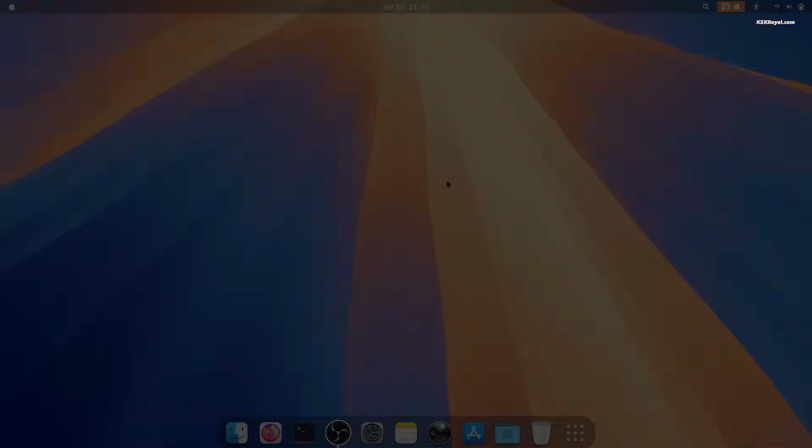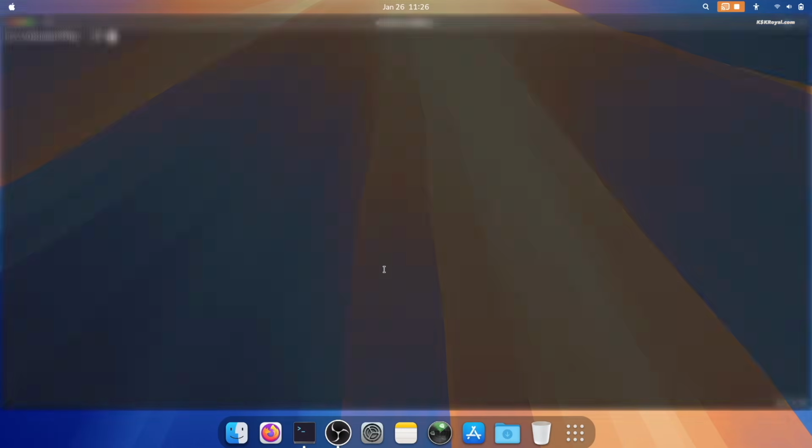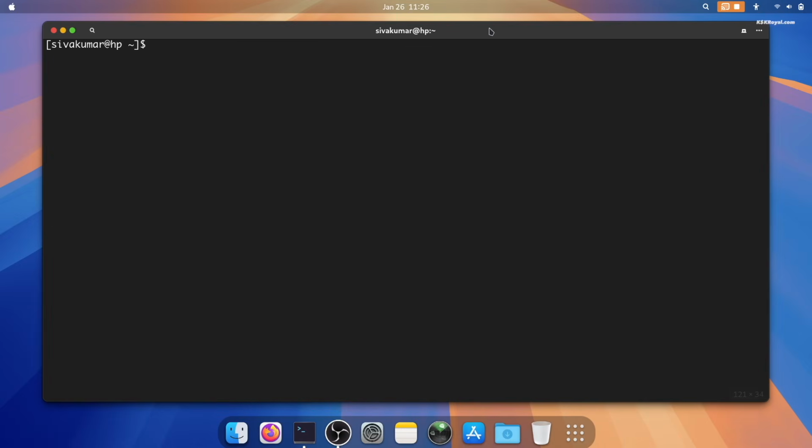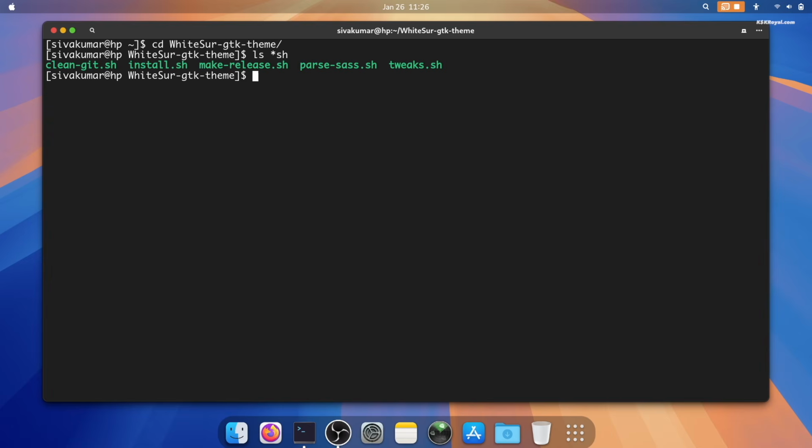If you ever decide to remove the macOS theme, follow these steps. Open Terminal and run the installer script with the appropriate options to delete all the installed themes.